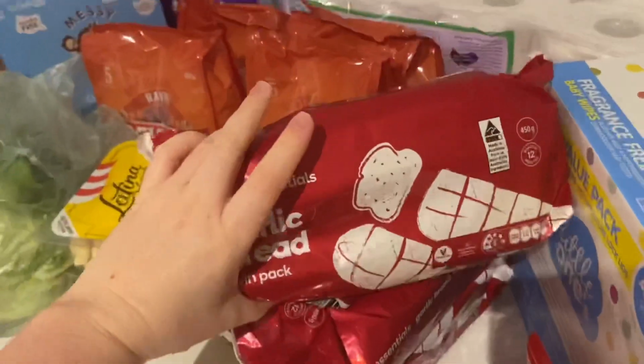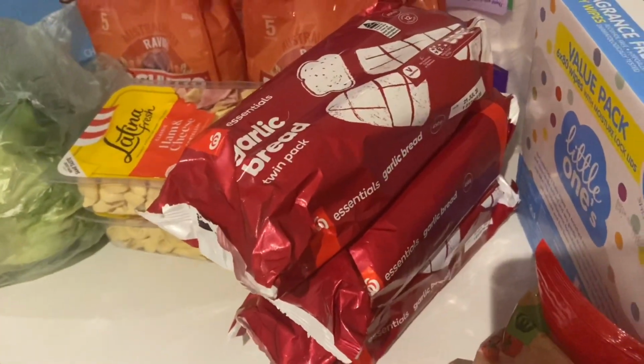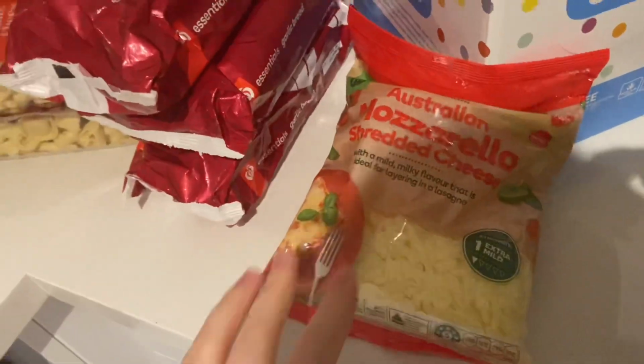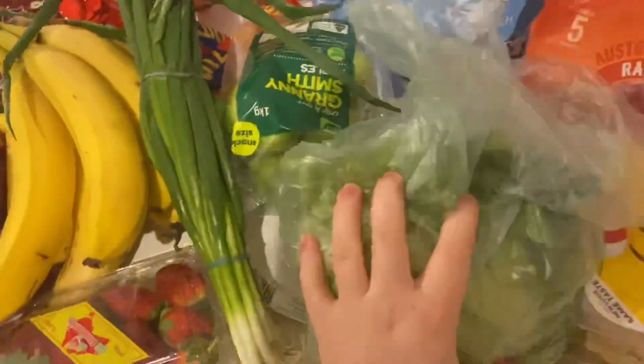Then I've grabbed 3 packets of this double garlic bread. We like to put that in the oven with some oven pizza, just a nice and easy weeknight meal when I can't be bothered cooking. At the moment I'm cooking a lot, so pizza is probably at least once a week at the moment too, and some mozzarella cheese. We put that on the pizzas as well, and I'll also be using that in some quiches I'm making this